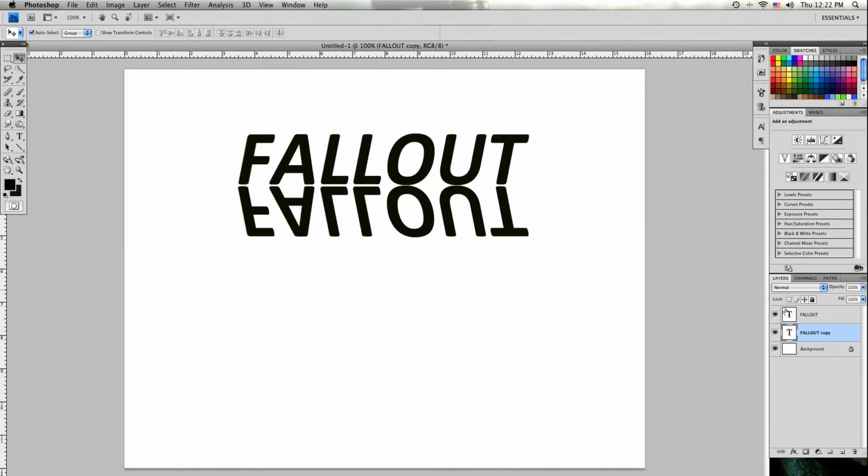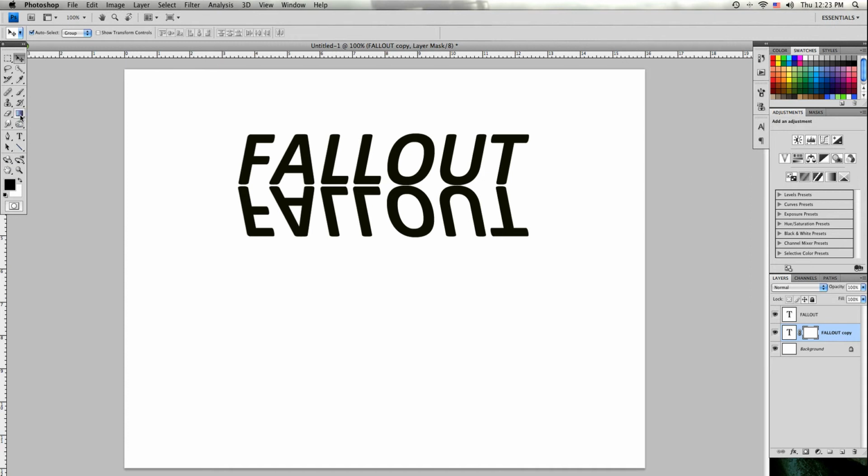And now what you'll want to do is make sure over in your layers box that the copy layer is selected, and then go down here to this little box with a hole in it, and it's for adding a layer mask, and we'll want to click on that to add a layer mask to the layer. And then we want to make sure that the blank box that comes up is selected,